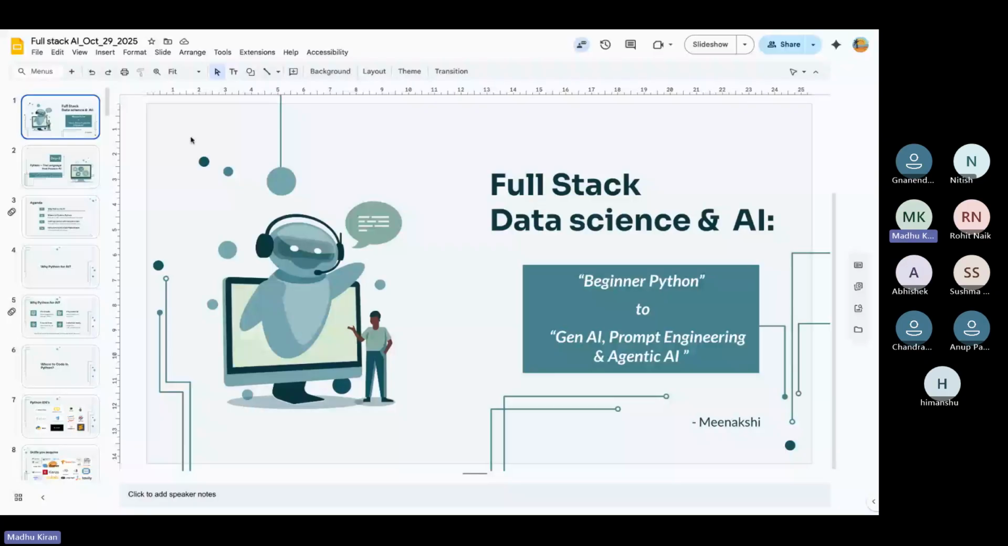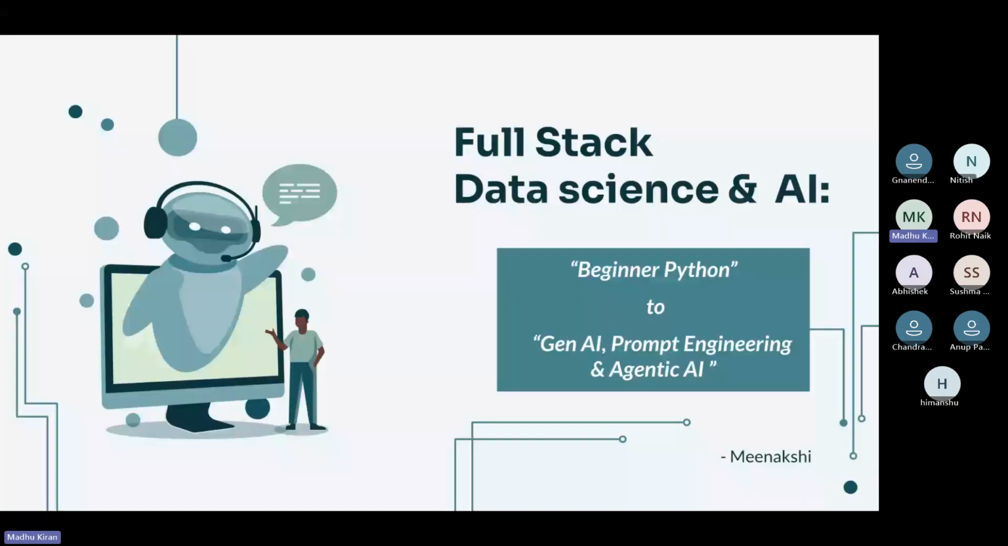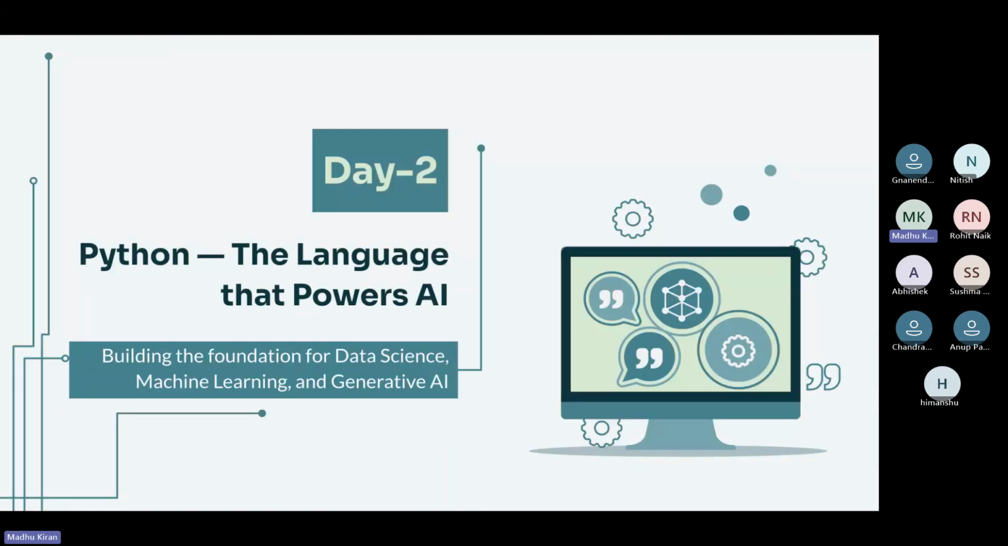So we don't have many slides today. We are going to be with Google Colab for most of the time. Today it's Python's day, the language that powers AI, building the foundation for data science, machine learning, generative